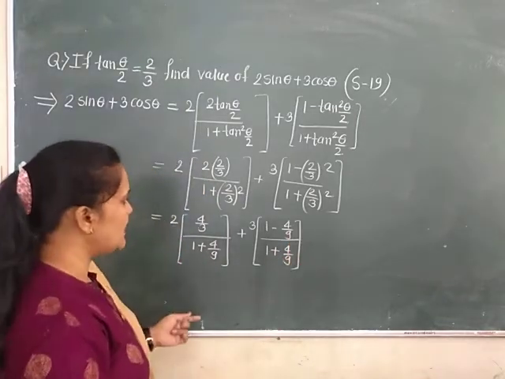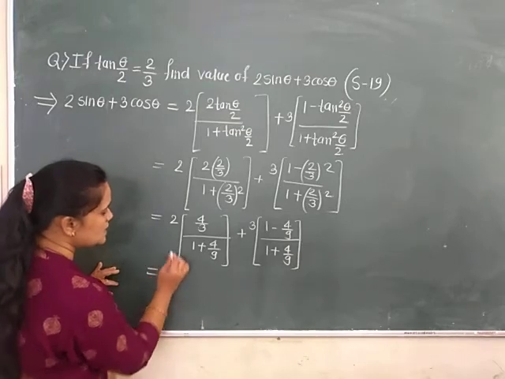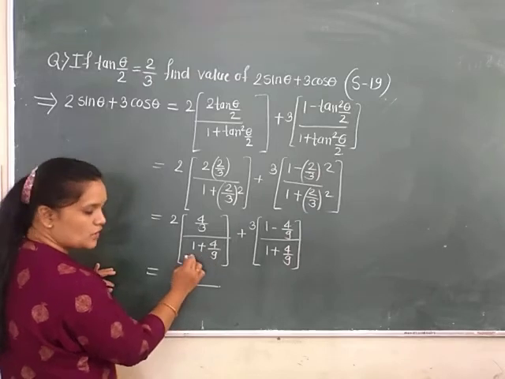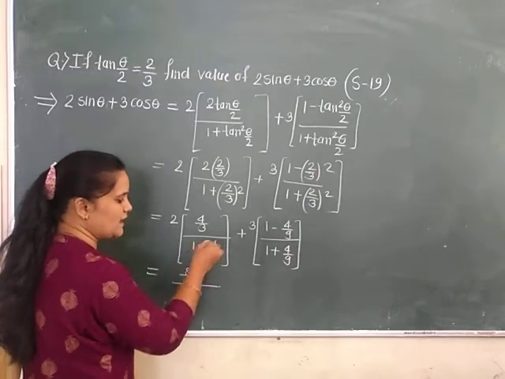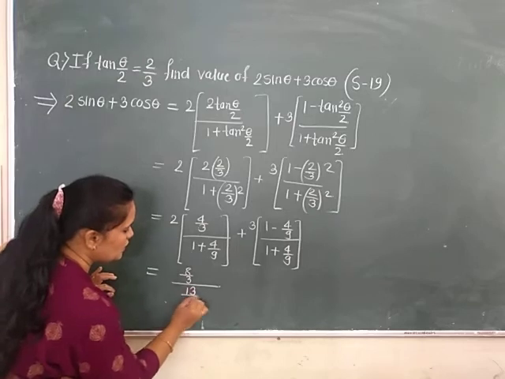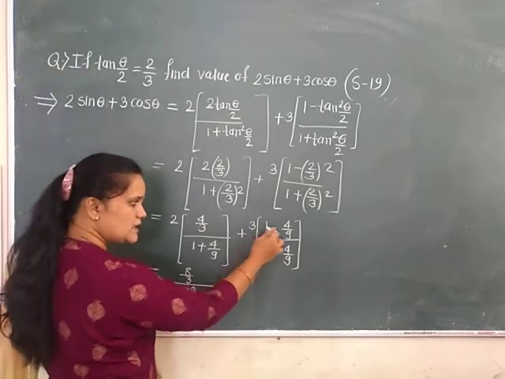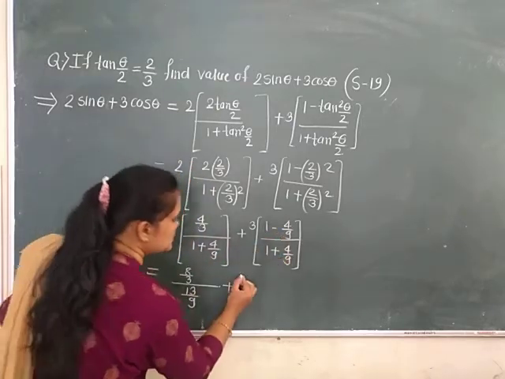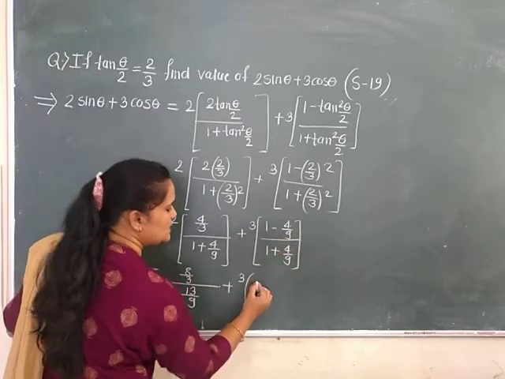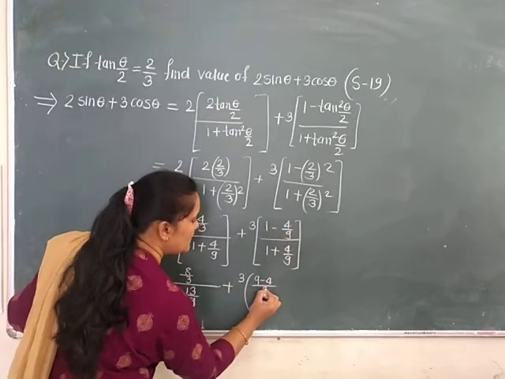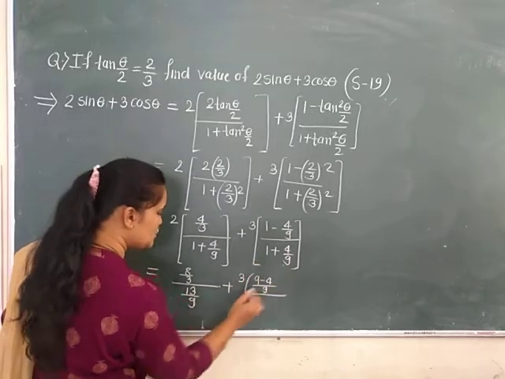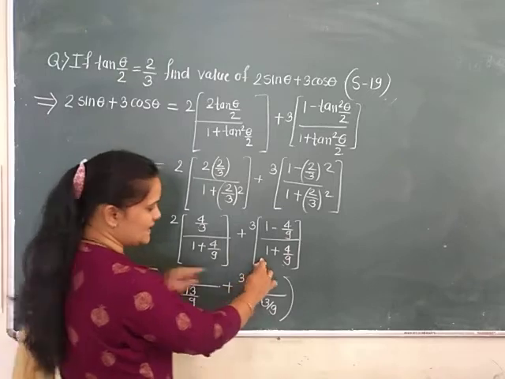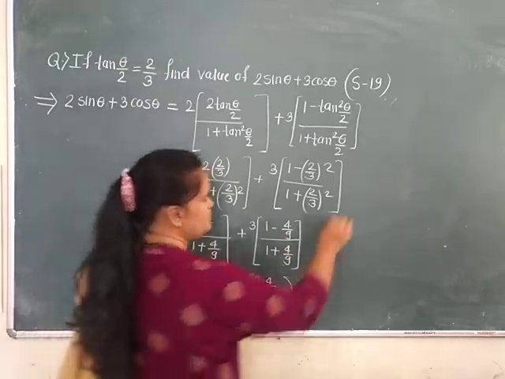Okay, so this is the simple calculation. Now further to solve this, now 2 is multiplied here, so it becomes 8 by 3 divided by cross multiplication, 9 into 1 is 9, 9 plus 4, it gives you 13 upon 9 plus, now 3 is also multiplied here, but before that we are going to multiply this 3 into the bracket, 9 into 1 is 9 minus 4 divided by 9 divided by, here also same calculation will be the 13 by 9 because 9 into 1 is 9 plus 4 is 13 by 9.